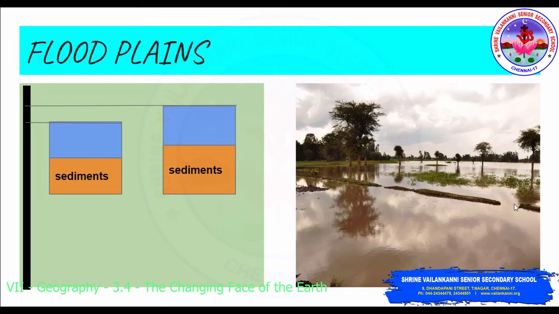When a river floods its banks and valley, the fine sediments, the alluvium, is also deposited on the floodplains. So everywhere you can see the alluvium, which is rich and fertile. The raised banks of the river flowing through the floodplains are called levees.